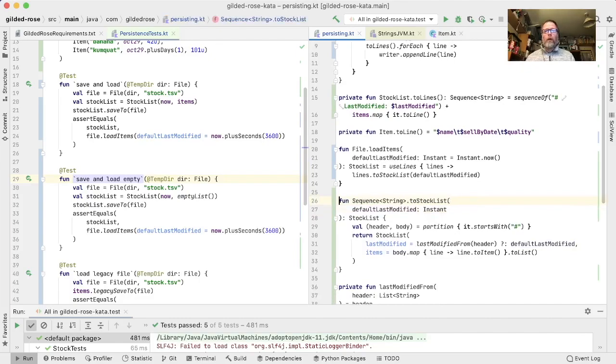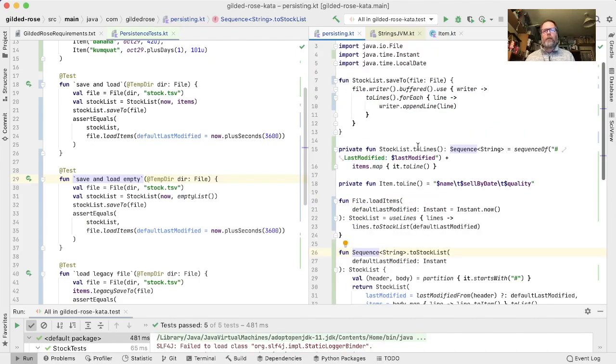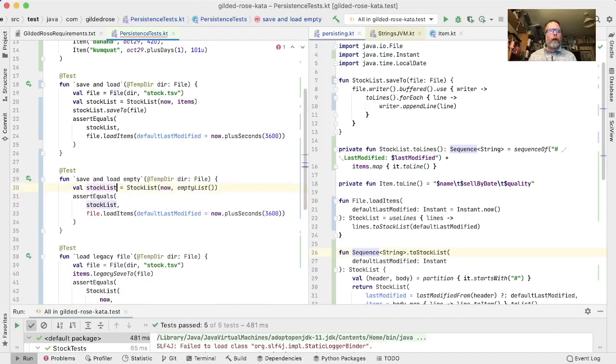Okay. Why is that helpful? Well, this load items becomes very simple. It's just taking a sequence of strings. Save items becomes very simple. It's just returning a sequence of strings, and we can join the two up in here. So instead of having a file here, we could say, here's our stock list, and instead of saving it to a file, we can get rid of that, and now stock list dot,